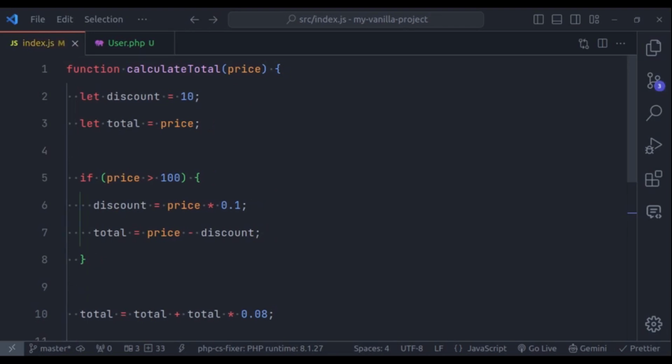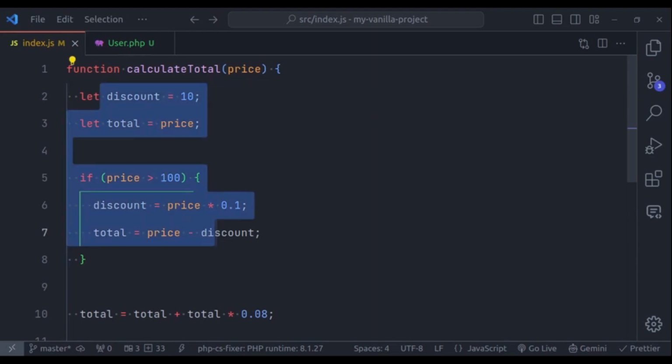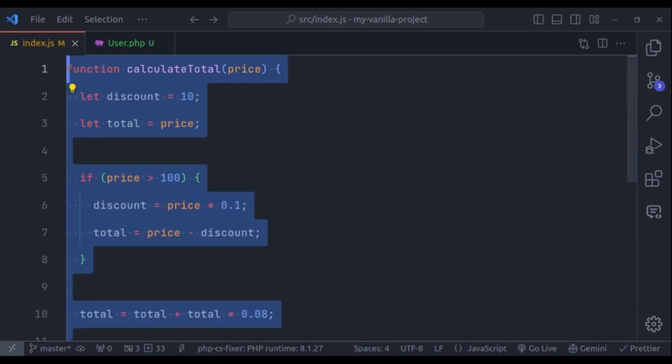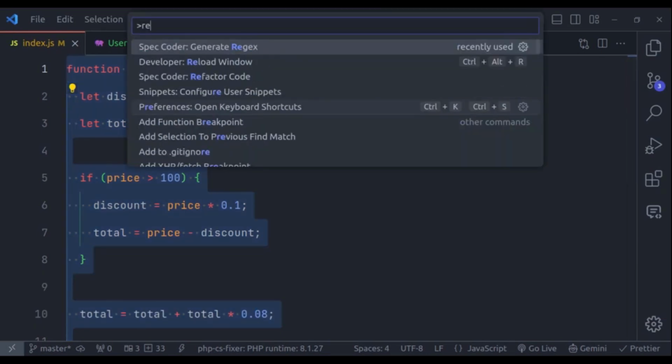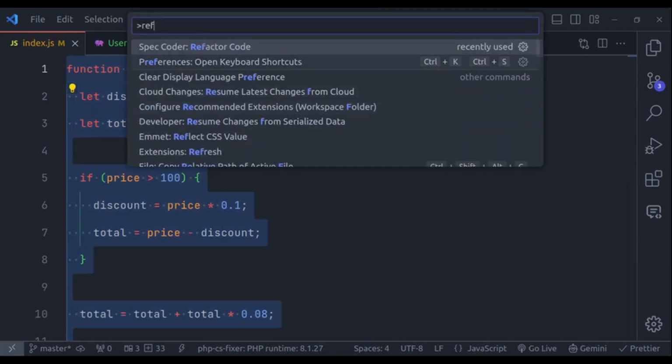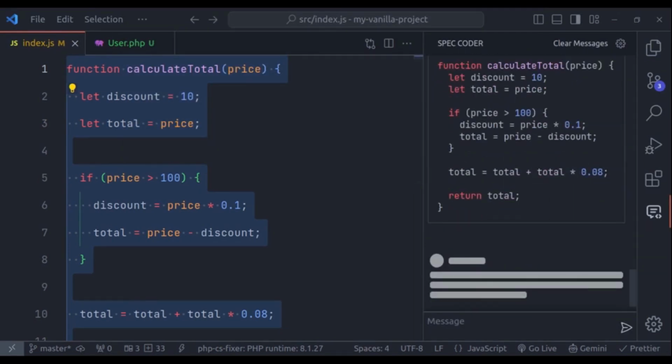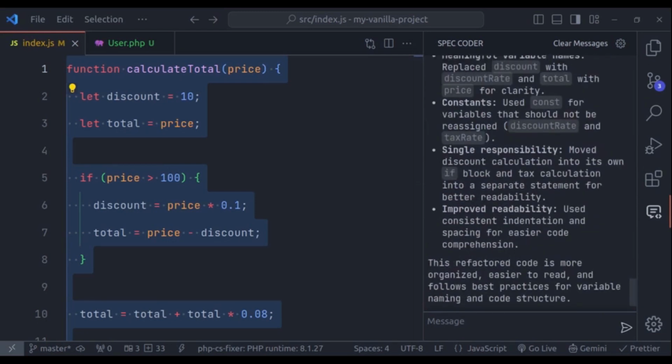This function calculates the discount and adds tax, but it is not very clear or efficient. So let's see how we can refactor this with the help of the Refactor feature. For that, first highlight all this function, press Ctrl+Shift+P and search for Refactor code. This command, press enter